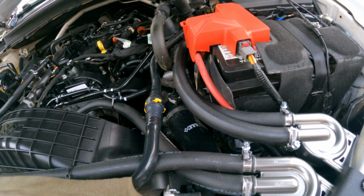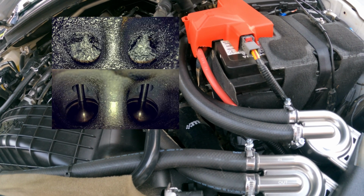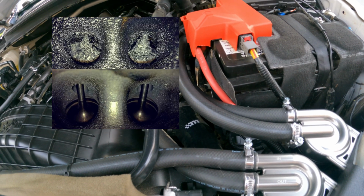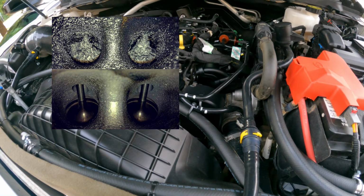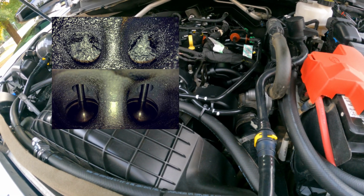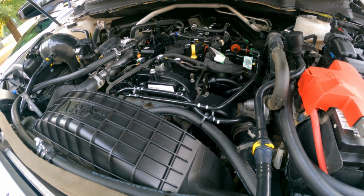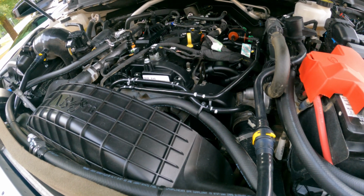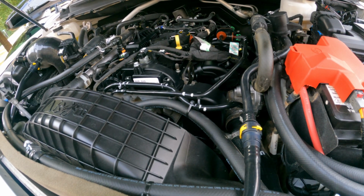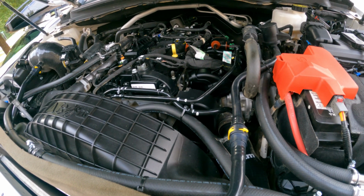Basically, it prevents oil and other contaminants, fuel, and water vapor from causing buildup inside your engine's intake manifold, intake valves, and your intercooler, just anywhere there should be clean airflow. Outside of the intake box, most of the time the intake side is pretty clean. It's the other side that usually gets more blow by. And if you're not sure what blow by is,